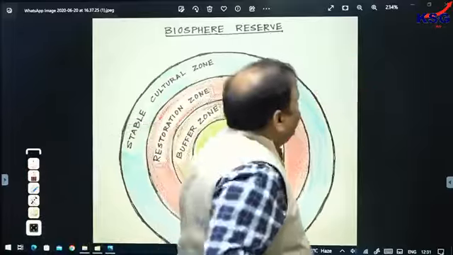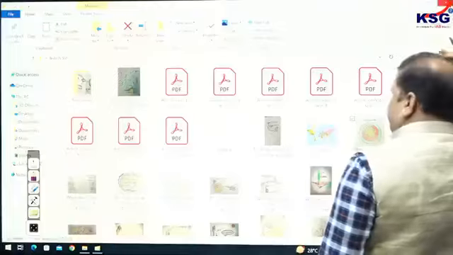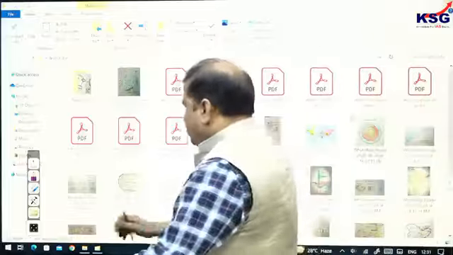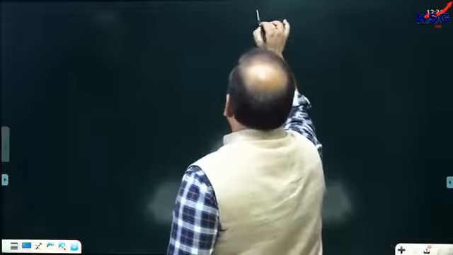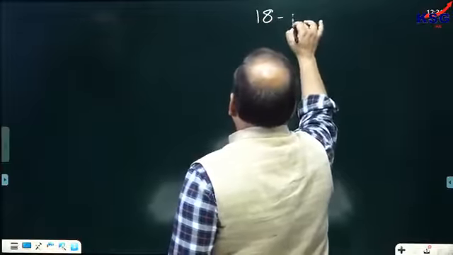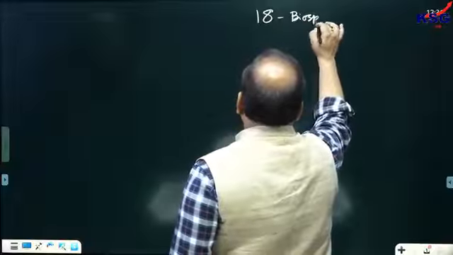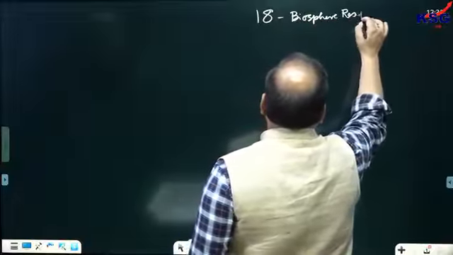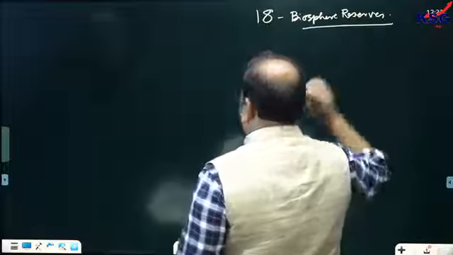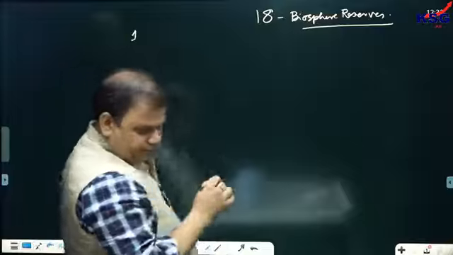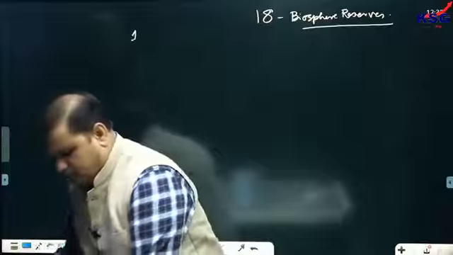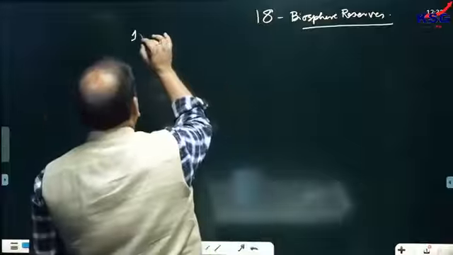Fine. Now, as far as the factuals are concerned, the factuals include many. If you talk about how many biosphere reserves there are in India, there are altogether 18 biosphere reserves. Clear? And the first biosphere reserve which was established in India